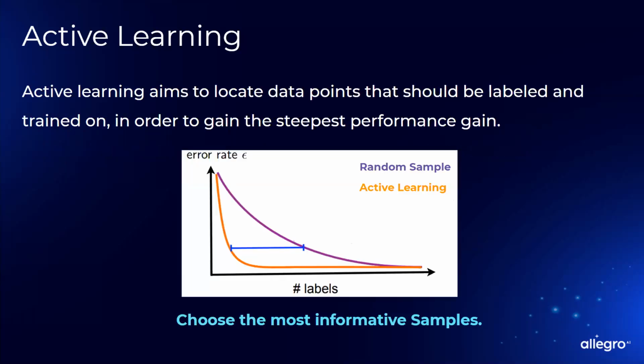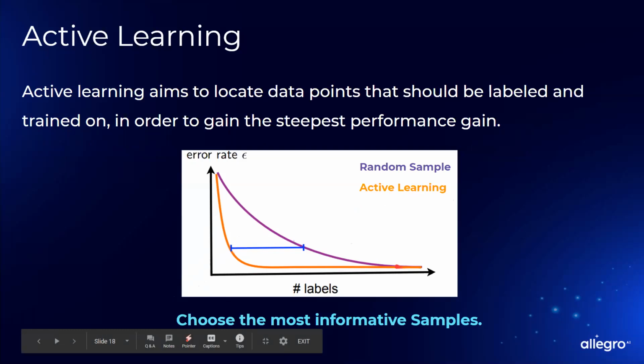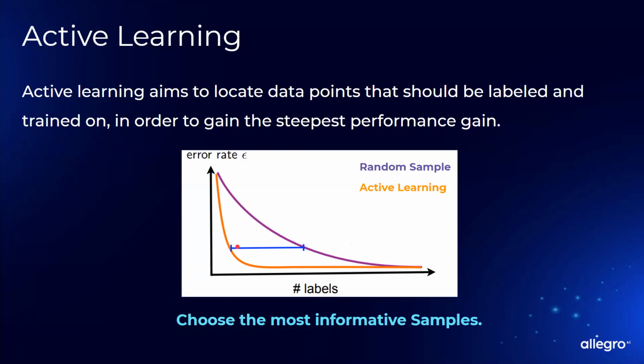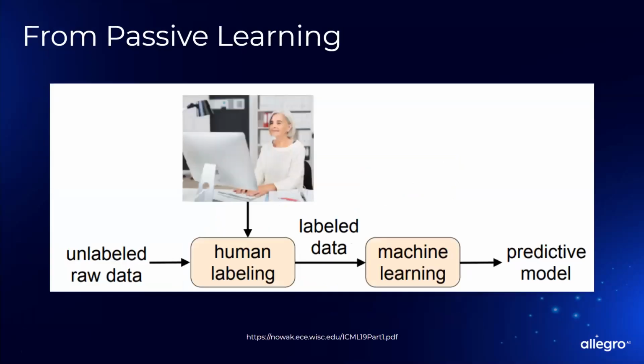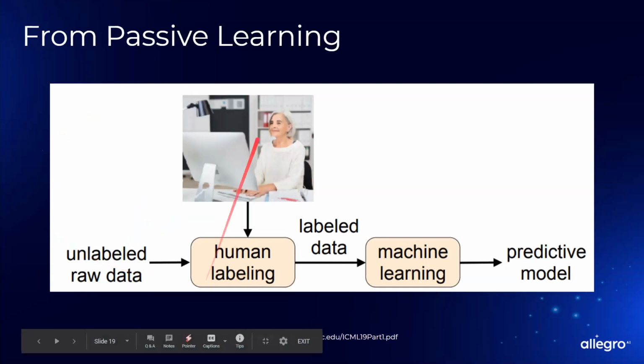But classically and without any loss of generality, in active learning, what you want to do is to somehow select the samples that you're training on so that you get the same accuracy for less data. You can have your academic definitions for it, but this is the simplest, most useful one. And how to do it? Well, if you don't do it, the process is very, very simple. You get raw data, you label it, you train, you get a model.